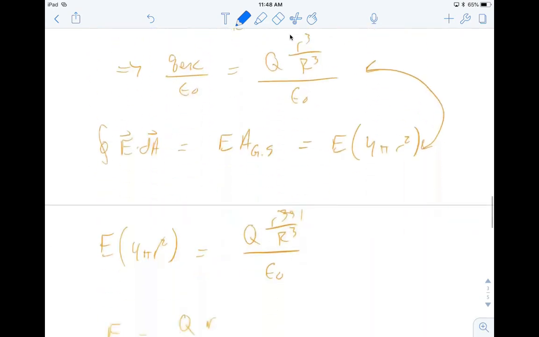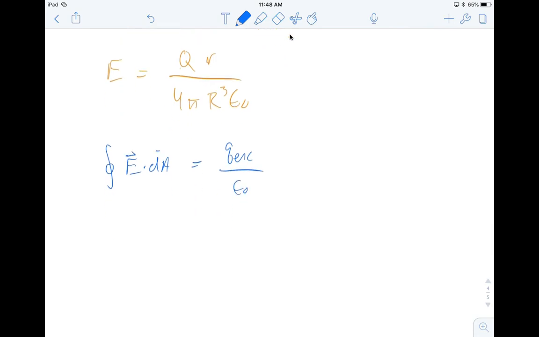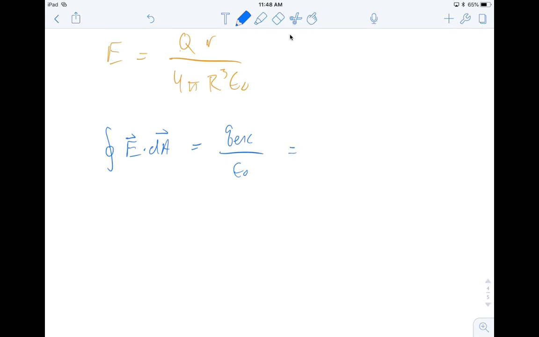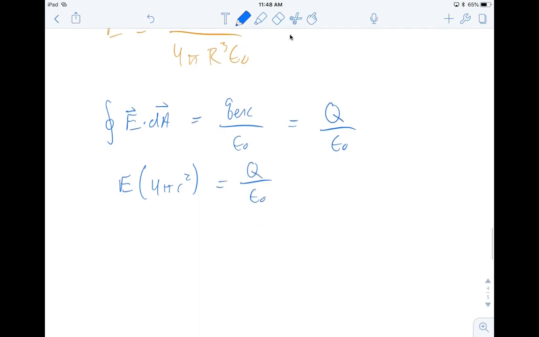Applying Gauss's law, I have closed integral E dot dA equals Q enclosed over epsilon naught. The right side has all of the charge, Q over epsilon naught. The left side will again be E times 4 pi little r squared, and we set those equal. So E is equal to